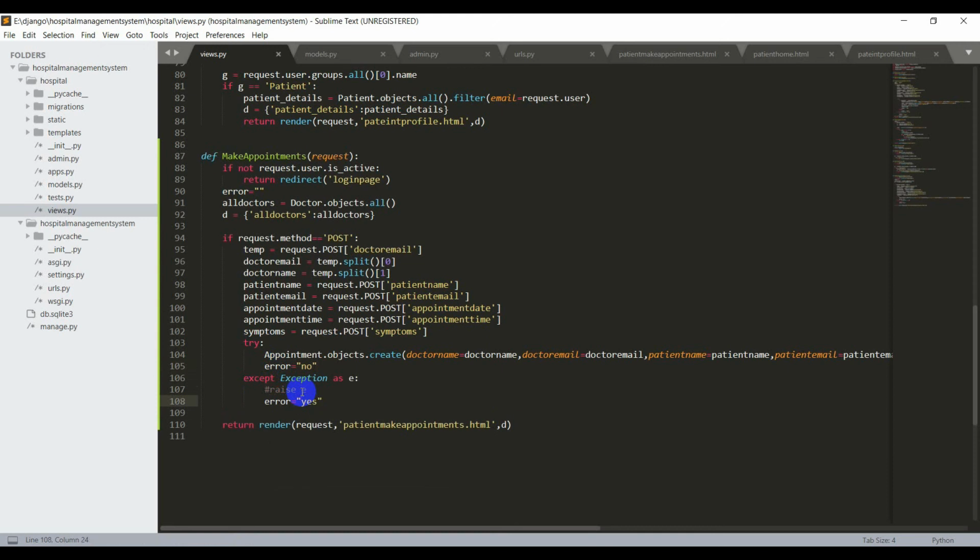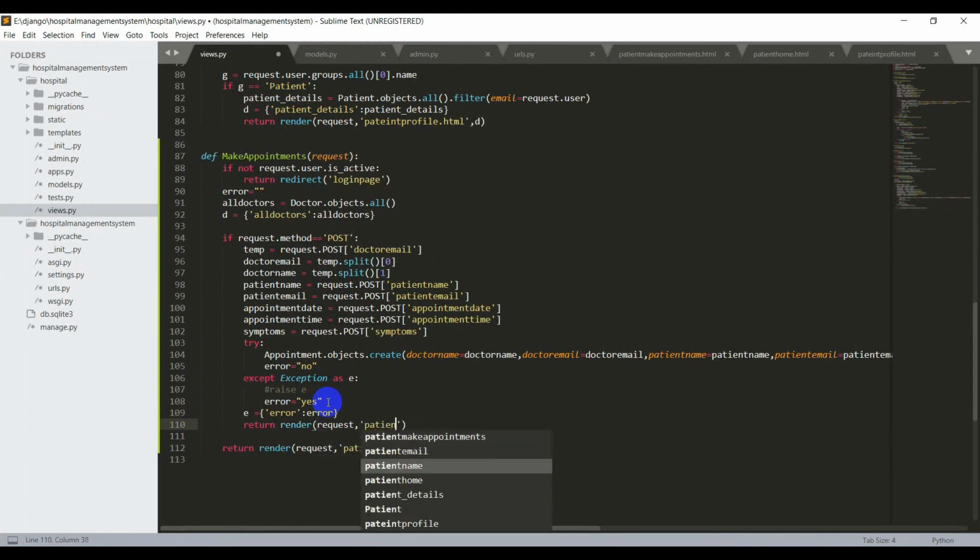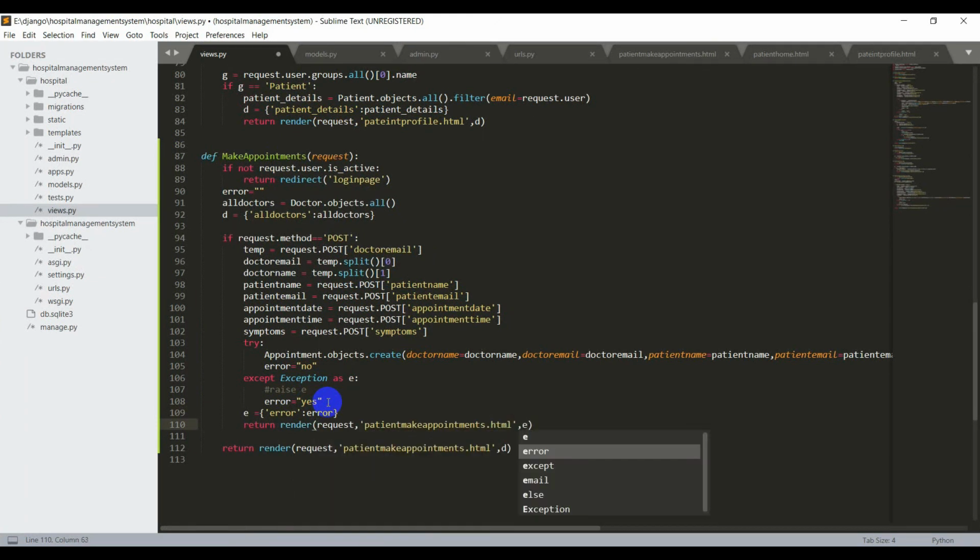So for that, I'll create a dictionary, that is e is equal to, the key will be error and the value will also be error. And now I'll say return render of request comma patient make appointments dot html comma e.